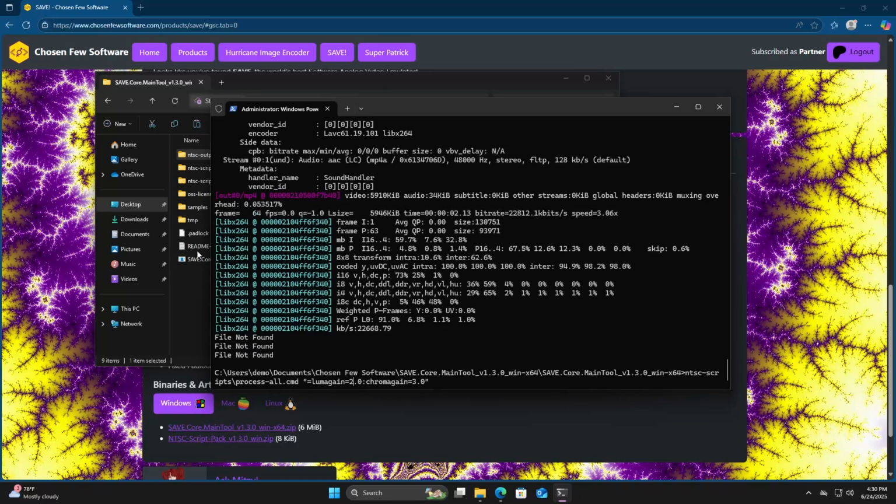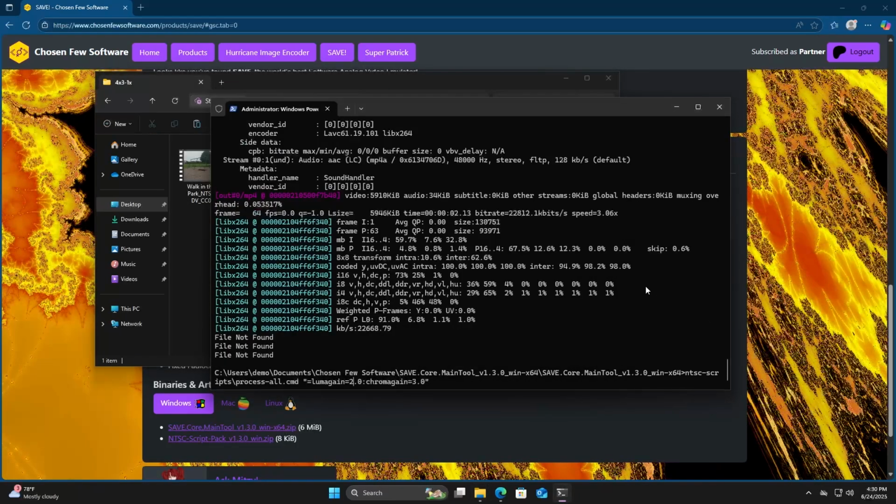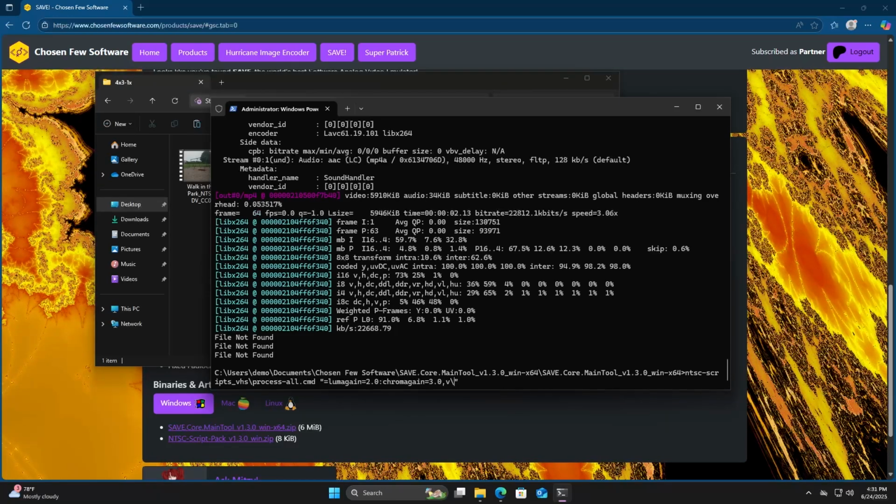So with your input samples in the same location, you don't need to move those at all. You can substitute the ntsc-scripts part of the command for ntsc-scripts_VHS. And you can use the same lumagain, chromagain parameters as before. Now, also note that with the VHS filter specifically, you might want to apply some sharpening. In order to do that, you will type a command similar to this. So, this